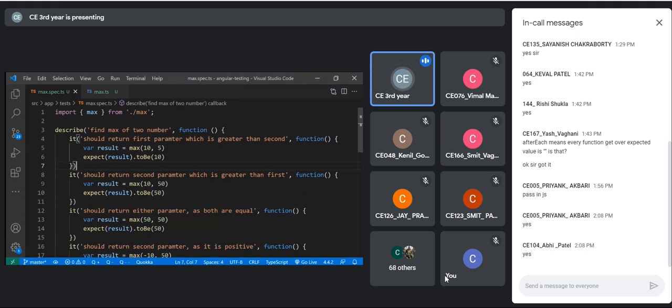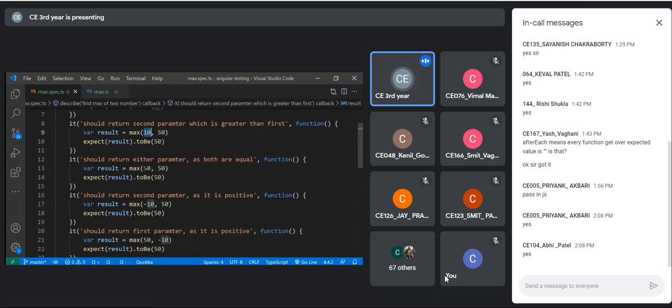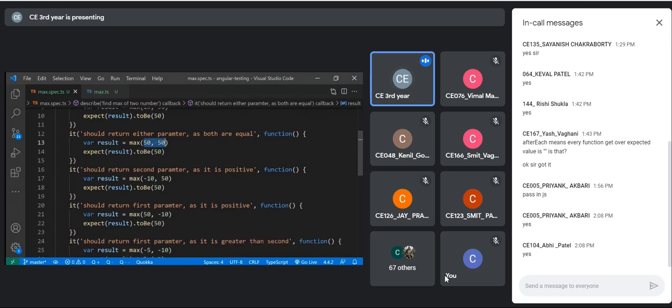In the second one, we are checking whether the second parameter is larger than the first one. The third test case checks that both numbers are equal. The fourth test case checks that one of the numbers is negative and the other is positive, so we are expecting the larger number to be the positive number.